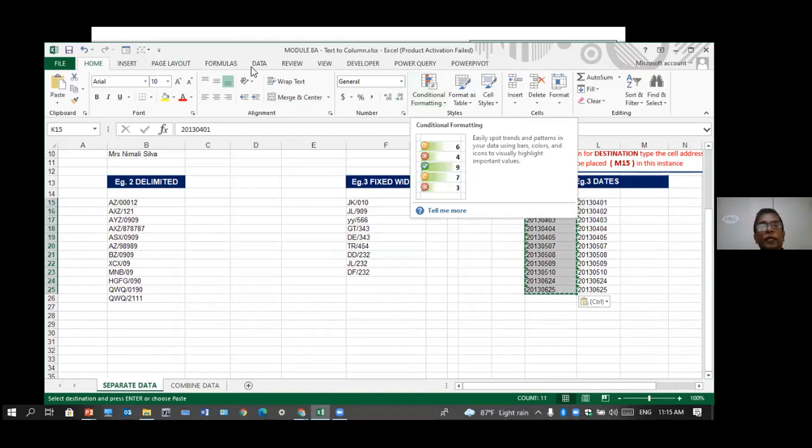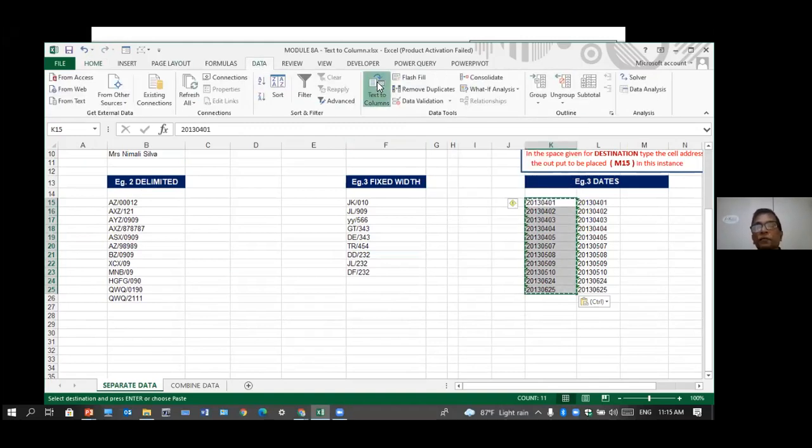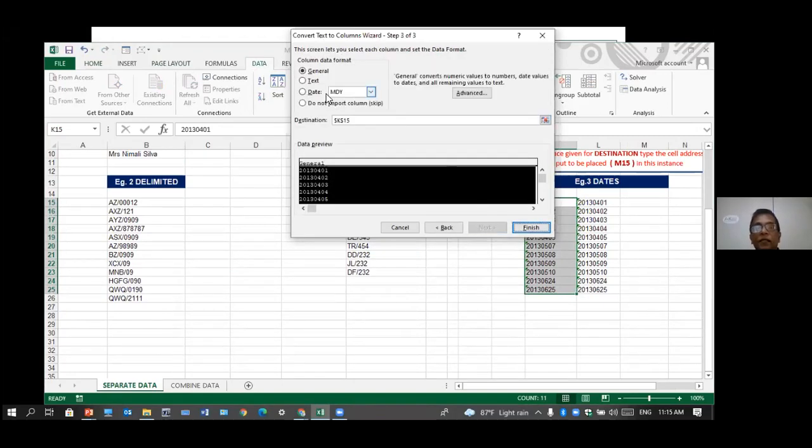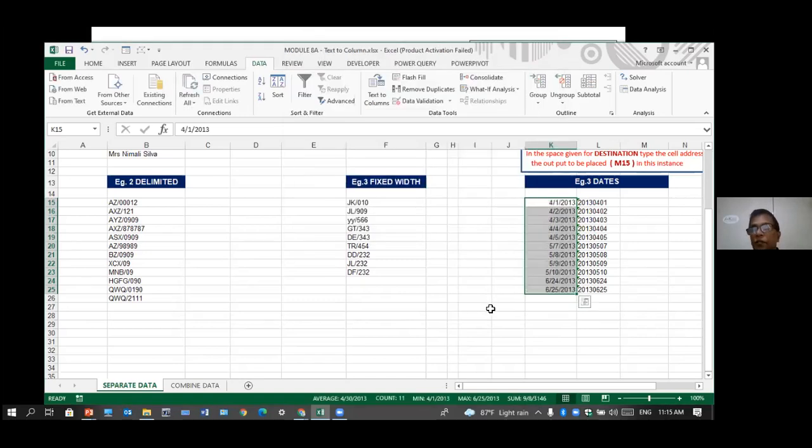You can go to Data, Text to Columns, Next, Next, YMD, and there you go. One shot it came. Earlier it didn't come. That's good that it happened, because this data was taken from an ERP system. When you get data from other systems, sometimes there are hidden characters you can't see. So what you do is copy and paste as values. Then it's okay. Done.